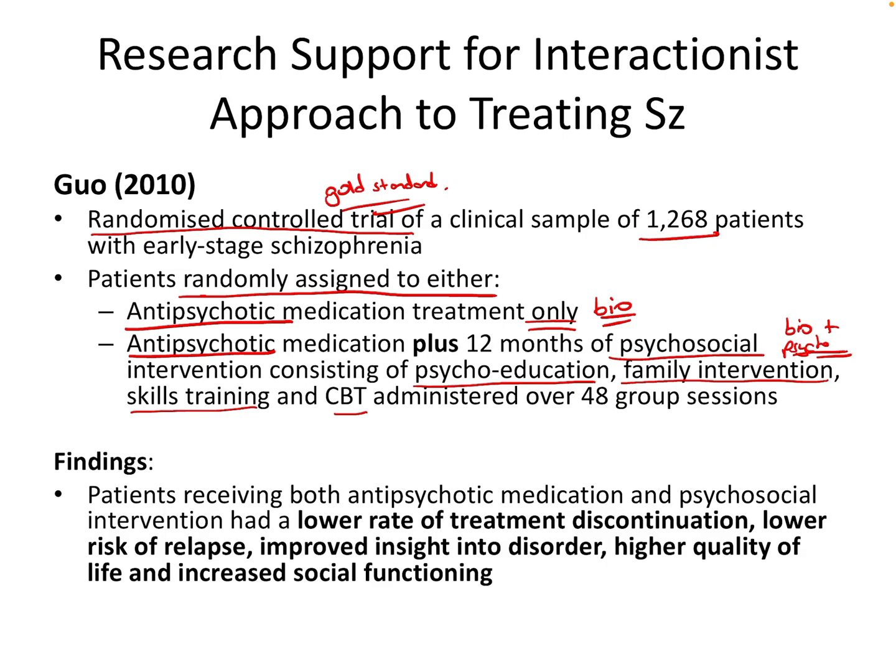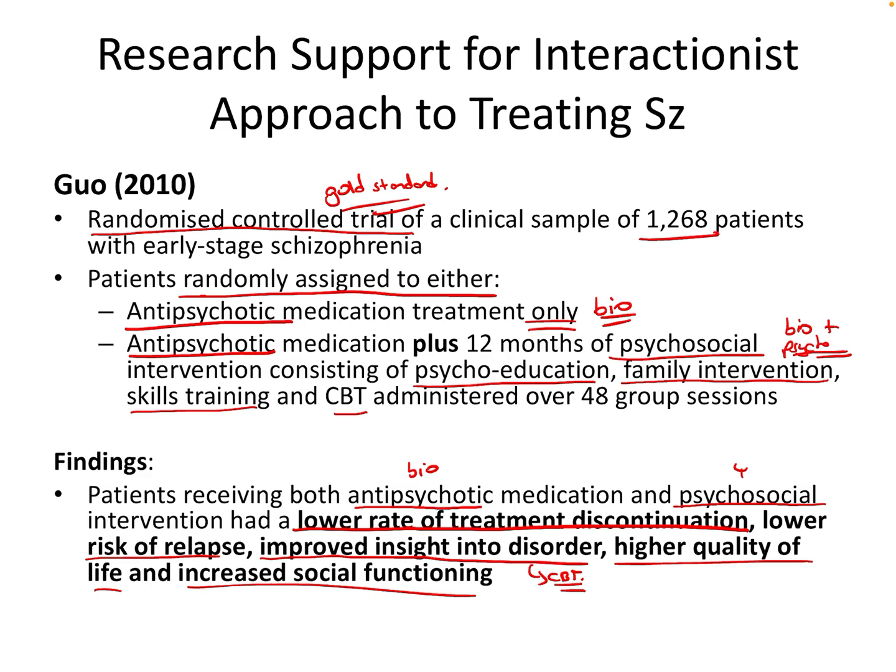And the findings, unsurprisingly, is that patients that were receiving both biological and psychological therapies had lower rate of treatment discontinuation, meaning they adhered to their medication more successfully. They had a lower risk of relapse. They had better insight into their disorder, which is obviously very important for CBT to be effective. They had higher quality of life and increased social functioning. So basically on every measure of effectiveness of treatment, the individuals who are receiving both biological and psychological therapies were seeing